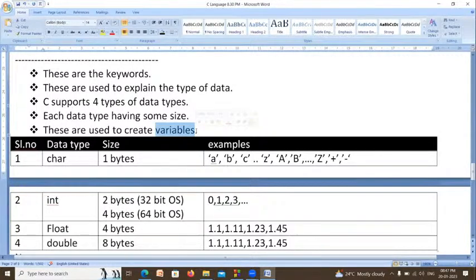What is the use of the water bottle? It is used to store the water, no? Whenever you are going to college, then you will take a lunch box. What is the use of the lunch box? It is used to store the lunch. In the same manner, a variable is a container used to store the data. So whenever you want to create the containers to store the data, you have to use these data types.